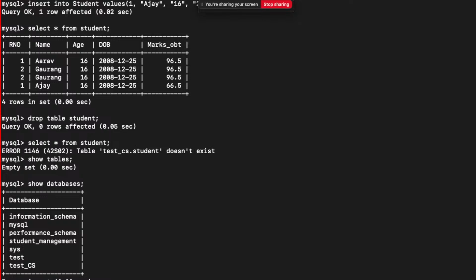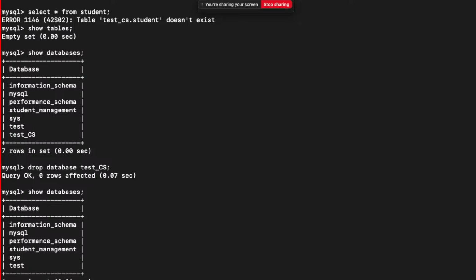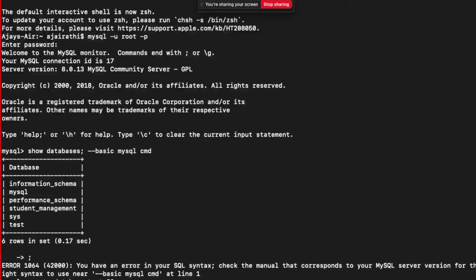Suppose I do not even like test underscore cs, so you can even delete that. Drop database, name is test cs. So you can just do that and you can try to execute the command again. It will say what? Test cs is gone, right? So these are certain commands that we have covered today. The first command was to start